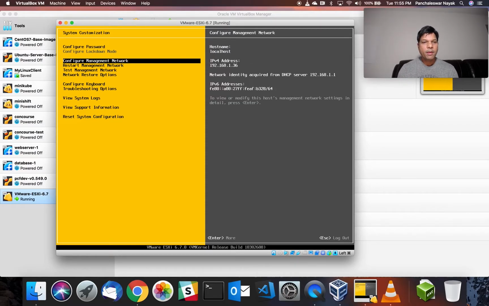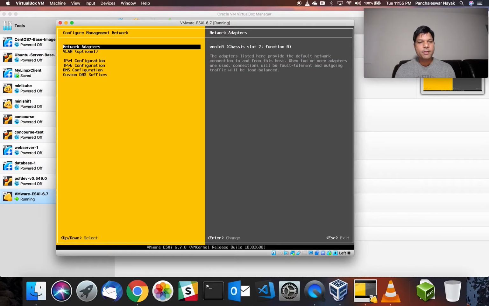Here, first thing, it is always advisable to have a static network IP address for your ESXi server. So you see here, it has got a DHCP. It has got the IP from the DHCP server, which is running in my router, which I don't want. It's not advisable to have a DHCP based IP address for your ESXi server. So I'm going to change that. So configure my management network. So I'm going to change that to static. Enter, and